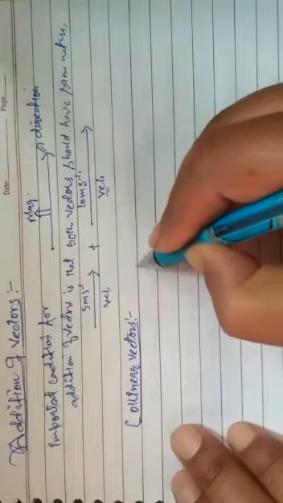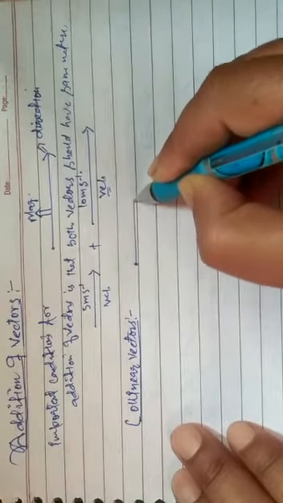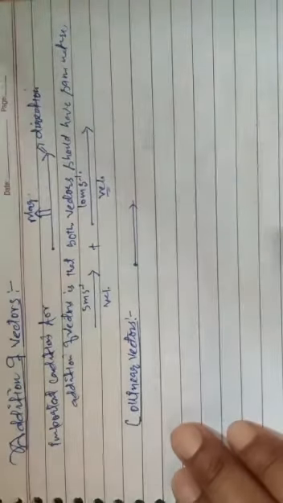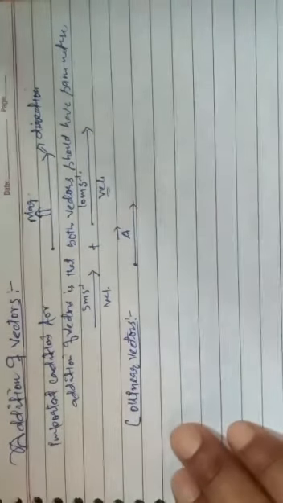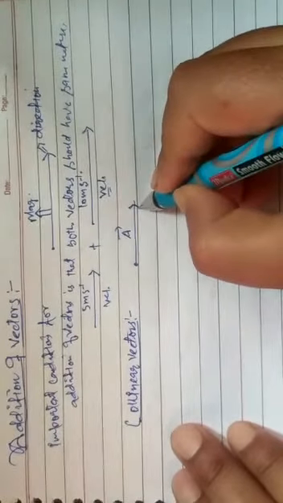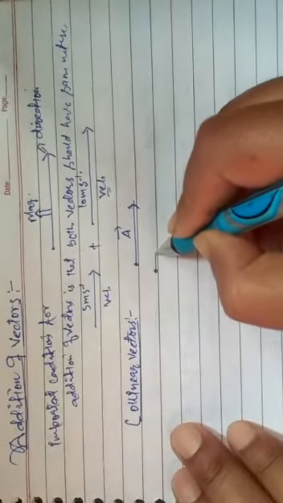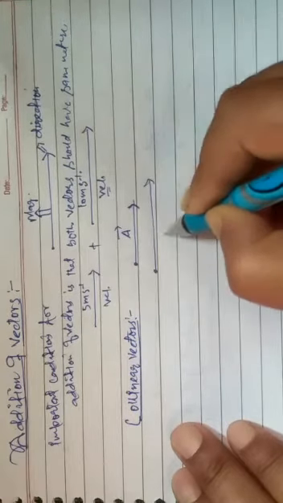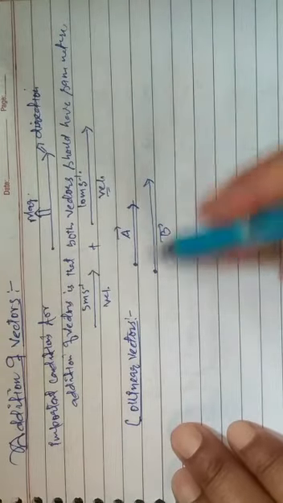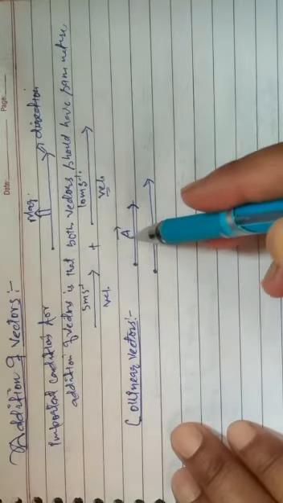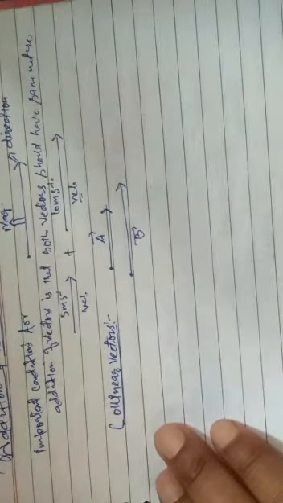If we have to add them, say we have a vector like this, vector A, and I have to add to it this vector, vector B. As both are acting in the same direction, they are parallel. Now, I have to add them using the first method, which is called the head to tail method,